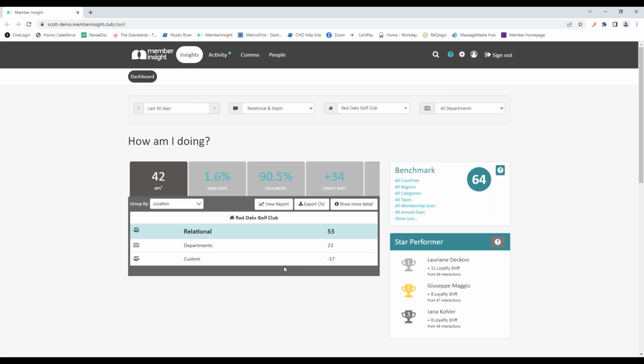Now, our next one is going to be our custom surveys. Those are going to be custom surveys based off of if you have different events at the club. If you have member guest events at the club and you want to survey guests, you can go ahead and upload the guest contact information into there, and you can get customized survey results through here based on your guests.